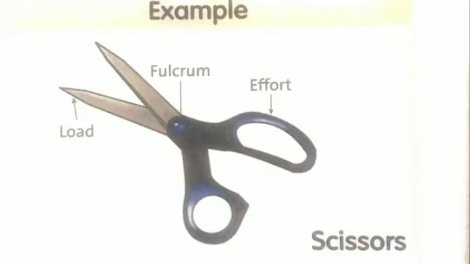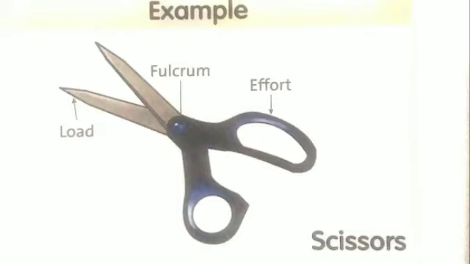And an object that a lever moves is called what? Load. If we consider scissors, the part which moves is called the load or load arm, and the end where effort is applied, the position on the object where we apply the force, is called the force arm or effort arm. The closer the object is to the fulcrum, the easier it is to move the object.